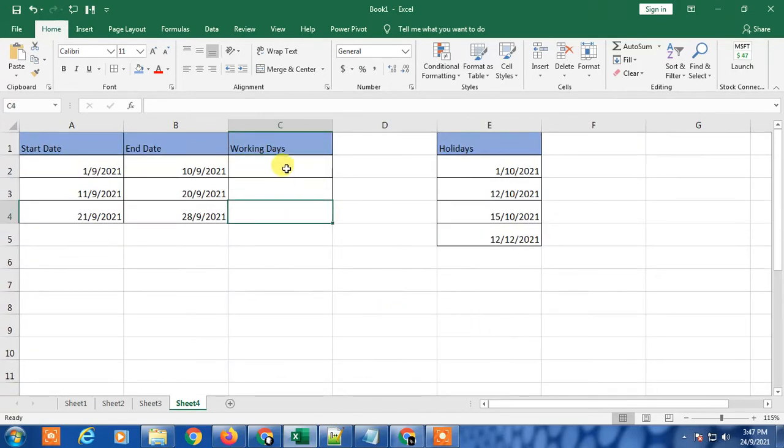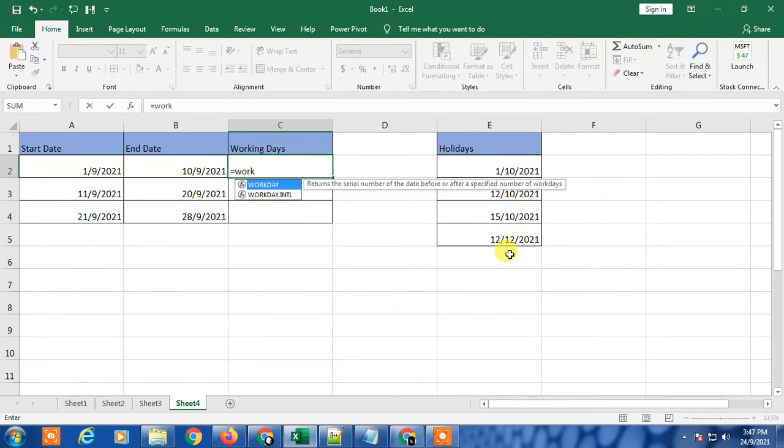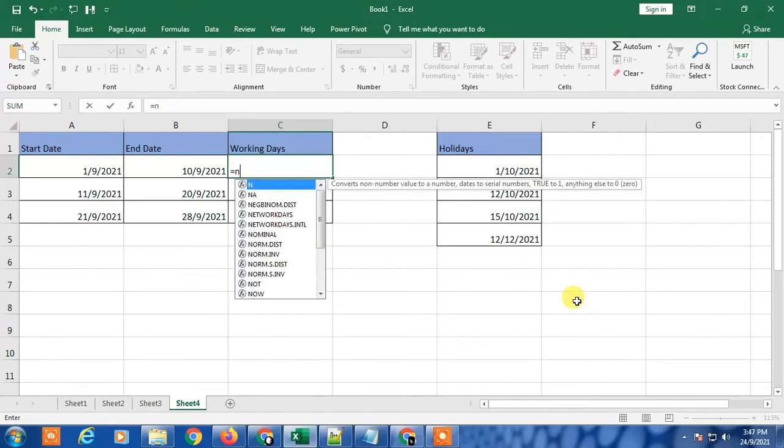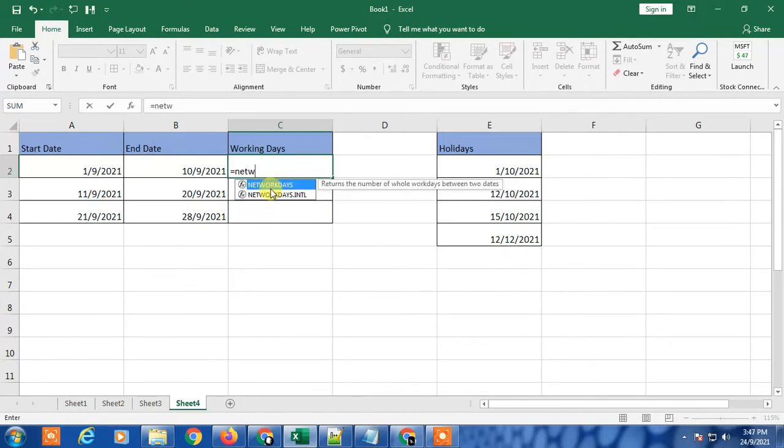If you have a Saturday, Sunday weekend, just enter the equal sign and type NETWORKDAYS. Pick the first formula, press Tab, and the bracket will open.